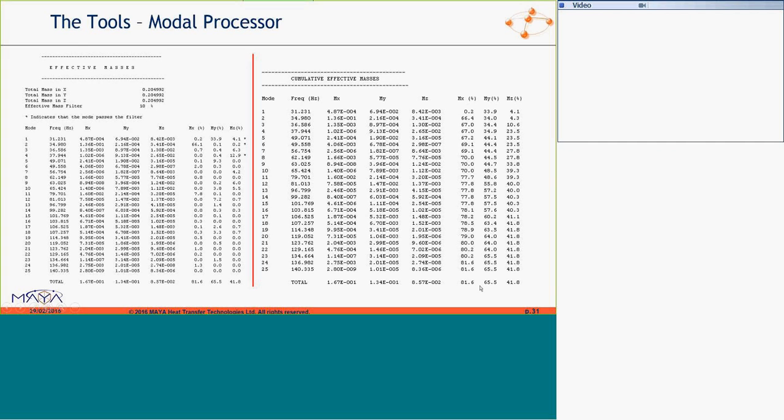This is important because when you're using base excitation, the modal basis should include all your mass; your total mass fraction should be as close to 100% of your rigid body mass as possible in each direction. How far from 100% tells you how much you have to compensate for modal truncation. Modal truncation means you're missing rigid body mass in your modal basis, and we'll be discussing that later.